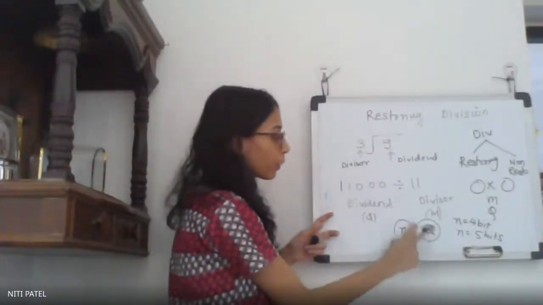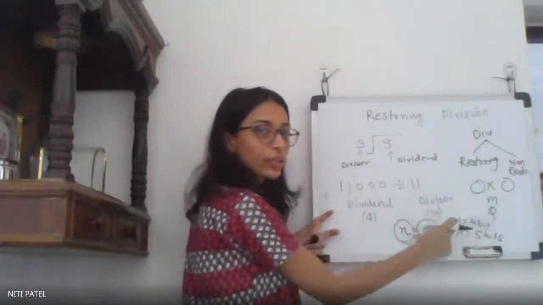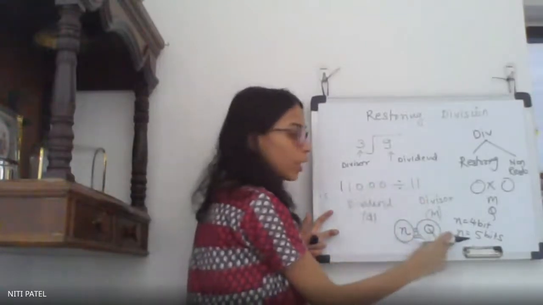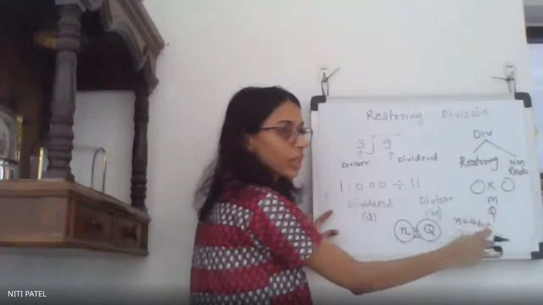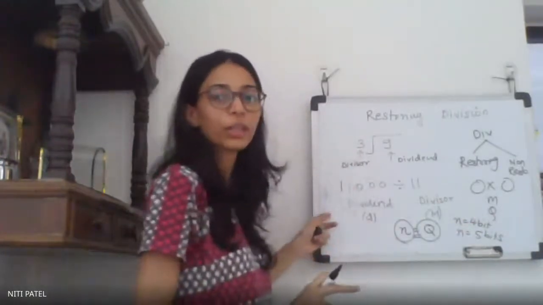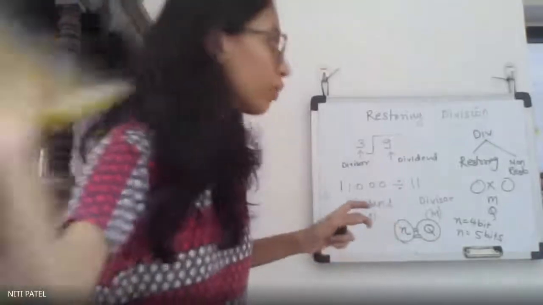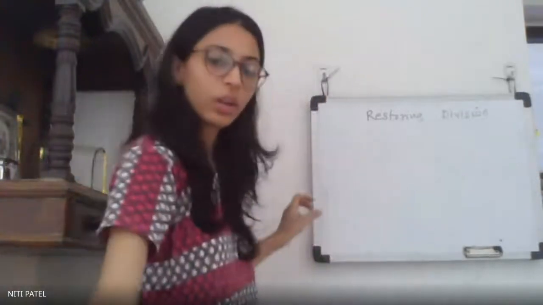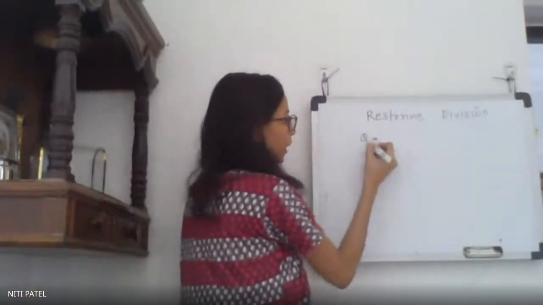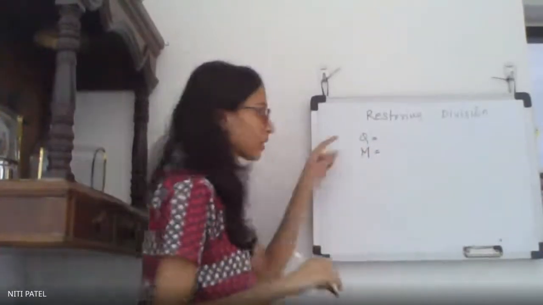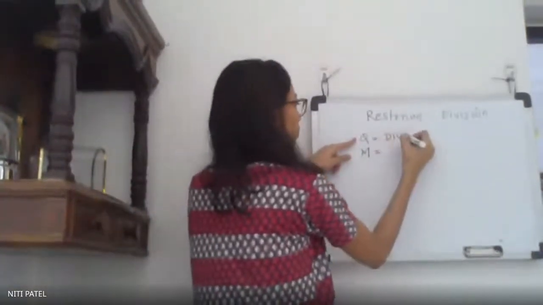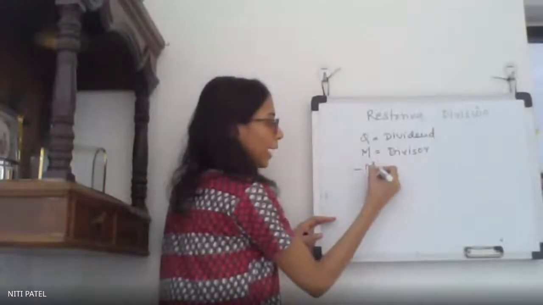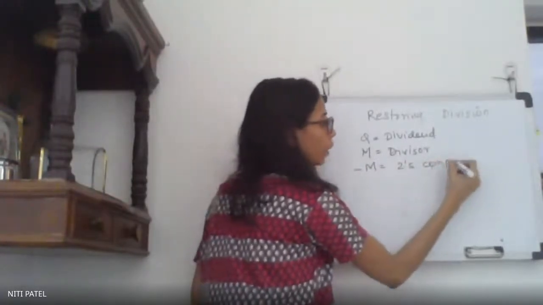So if the total number of bits is 4, my cycles will be 4 and the size of the register will be 4. If the total number of bits in Q is 5, my n will be 5 and the size of the register will be 5 bits, and the cycles that I will be performing will also be 5. So we have identified two things in this algorithm. The first binary number is Q, the second binary number is M, that is, the dividend is Q and the divisor is M.